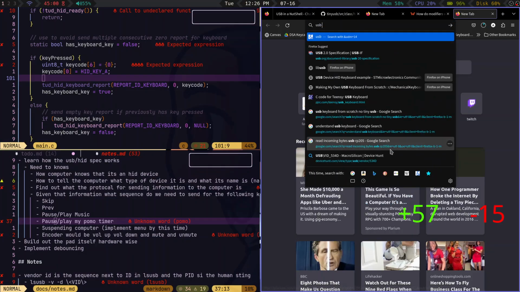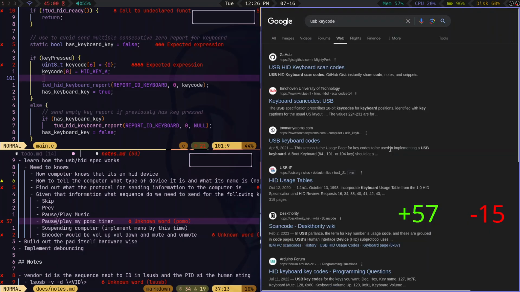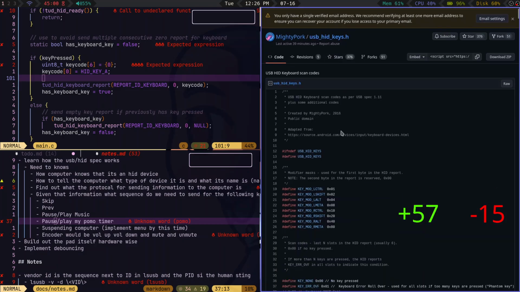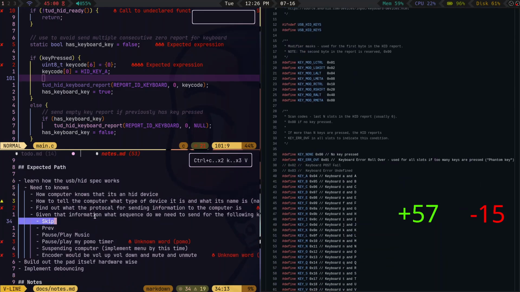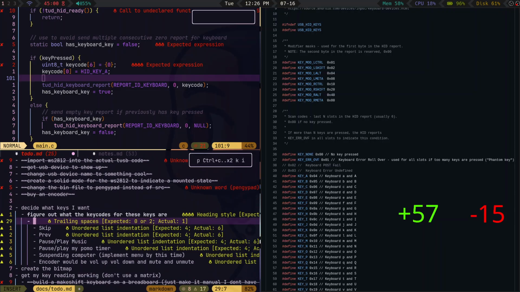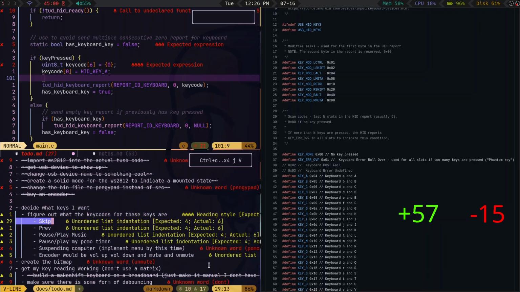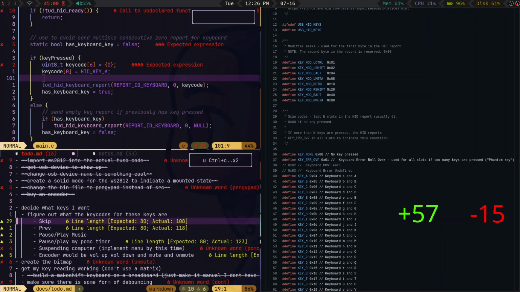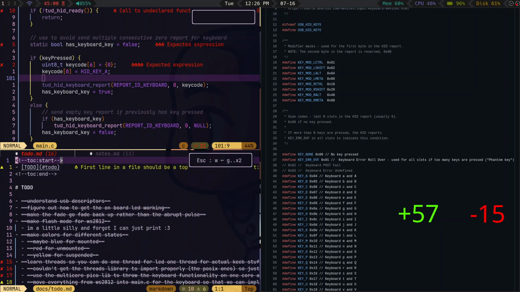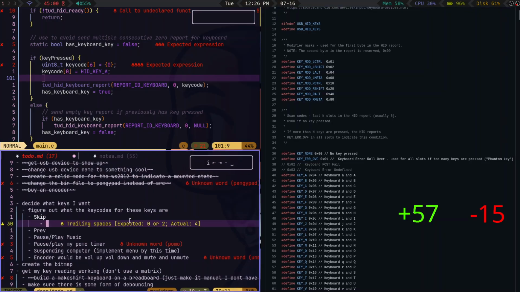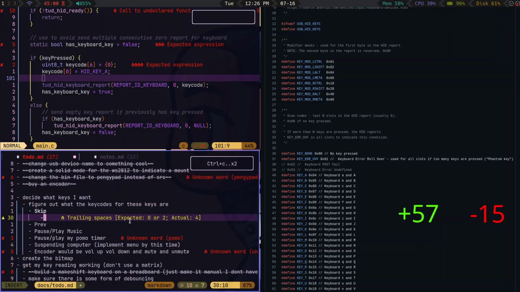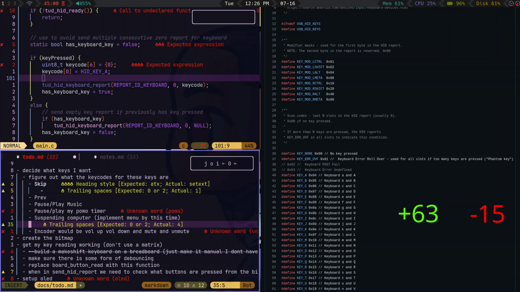So USB key codes. Scan codes, is that the same thing? Oh yeah. Off rip. So let's take this down. Put this here. Untab this by 1. Never mind, I'm formatting it. There we go. Oops. So actually, so suspending will be